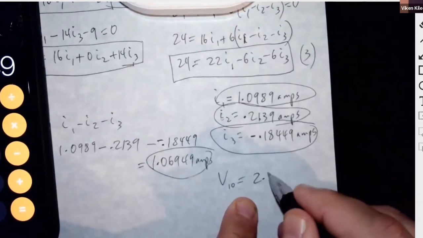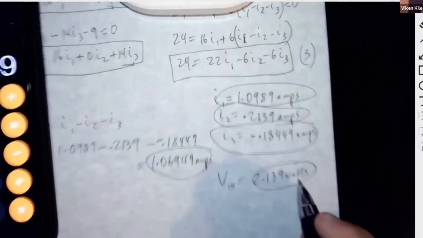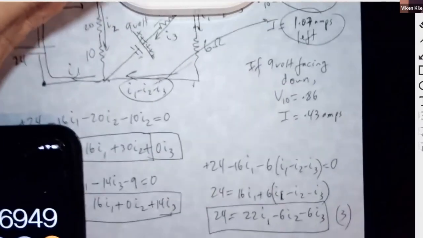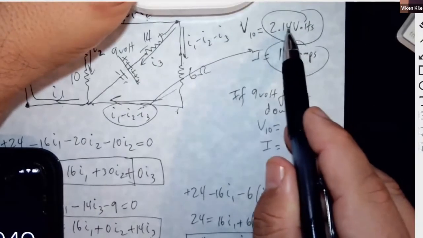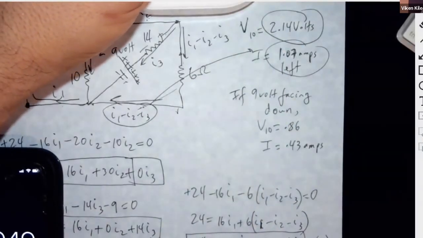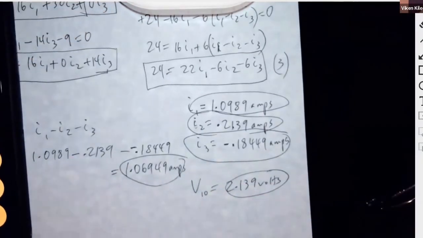So that's 2.139 volts, right? Okay, 2.139. What was it? Yeah, that's pretty close. Yeah, 2.14. Yep, got it. 2.139. Nice. Okay, let's take our break, and then we'll come